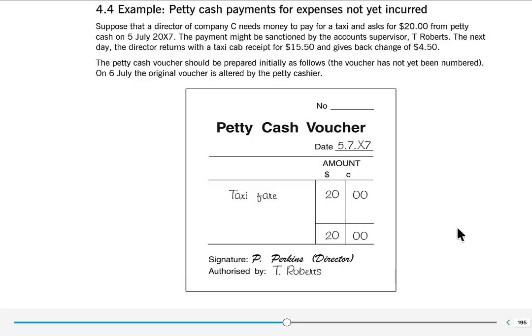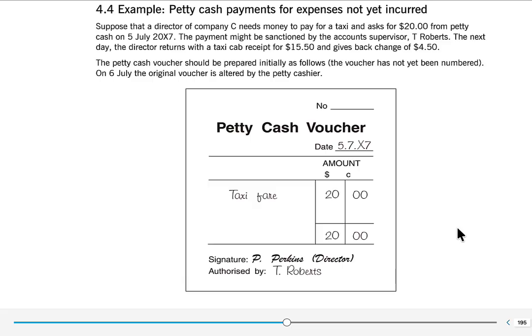Step 4. The voucher is adjusted to show the true expense. Now the petty cash cashier does something very important. The cashier updates the original voucher because the voucher must show the real expense amount. The real expense is not $20. The real expense is $15.50. So the cashier amends the voucher and makes sure the paperwork shows